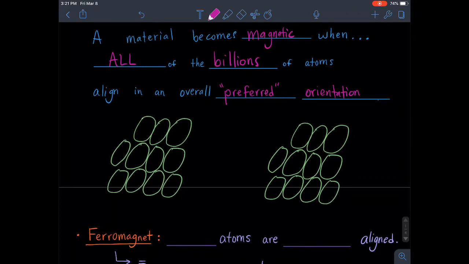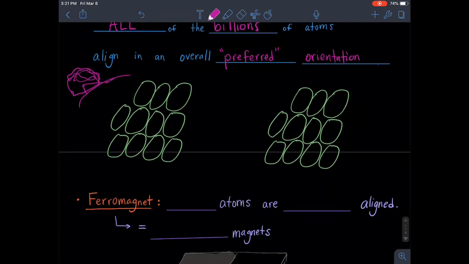But if we zoom in on a rock, maybe we have a rock here, a piece of iron, or actually let's say this is just a piece of granite, which is non-magnetic. If we were to zoom into a little part, that's kind of what we're looking at here in this picture with all these atoms. So an atom has a nucleus, as you learned in 6th grade, and it has electrons that are kind of orbiting it. Now, as it aligns with and interacts with other atoms, it actually starts to have this distribution